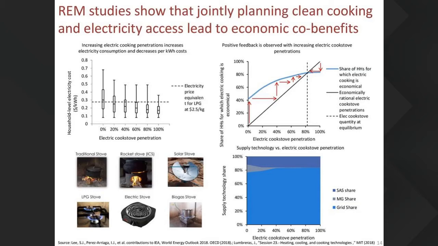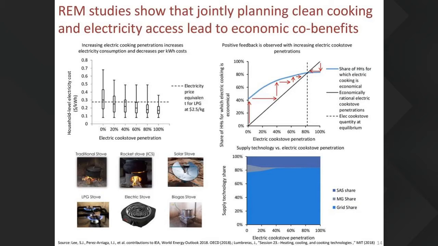And if you were to naively just give those households electric cook stoves, you see an increase in demand, as you kind of see on this left plot over here. And what happens then is that actually more of the distribution is more cost effectively served with electric cook stoves than